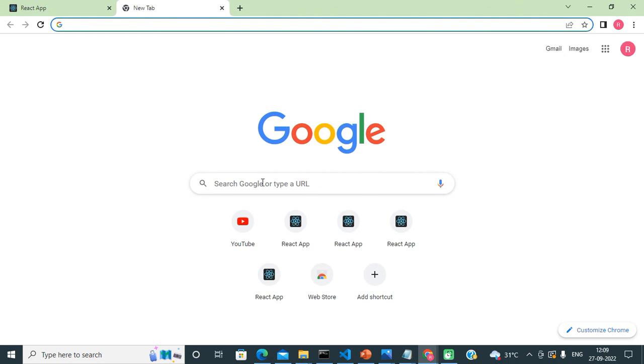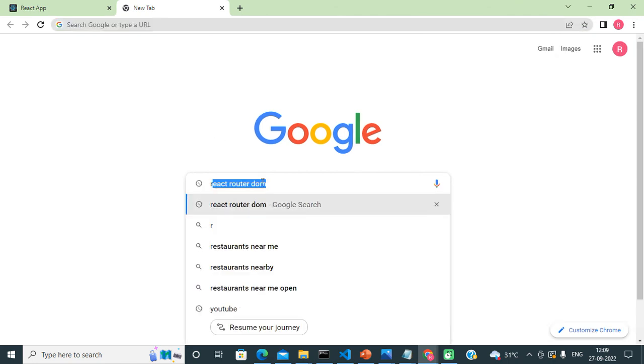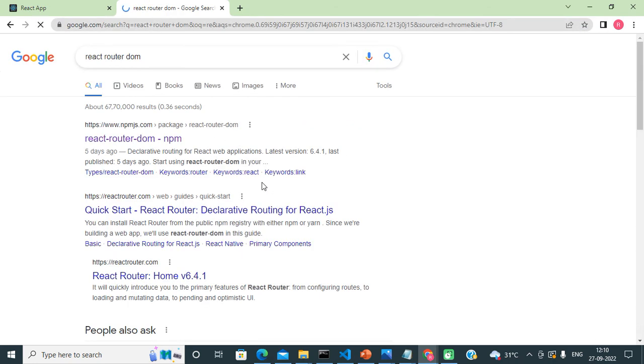Now how can we download and install that package? For downloading and installing it, we need to search for that package on Google. So let's say React Router DOM, this is the name of that package. It will show you the official website of the React Router DOM package.